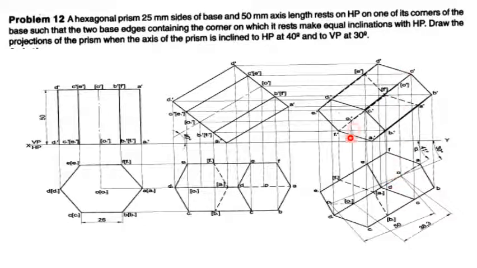And mark the O and O1 also and connect them. Remember, all the vertical edges including the axis line must be parallel to each other, and these two edges must be parallel to each other. So this side and this one are parallel and equal, and B dash C dash, F E, B1 C1, F1 E1 must be equal and parallel.